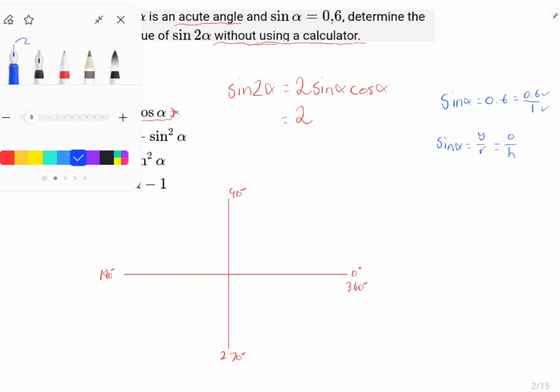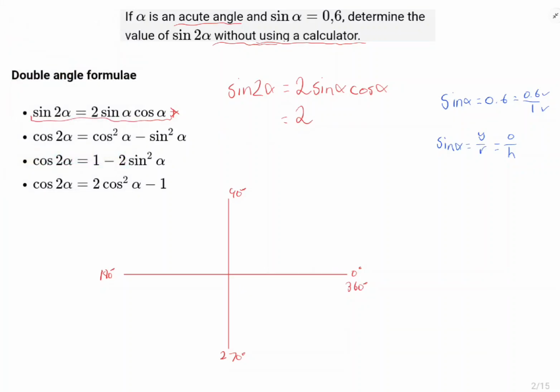So if we're going to draw this, we know that the hypotenuse, the radius, stems from the center. You just draw it anywhere there. So they say this is an acute angle. We know that an acute angle is less than 90 degrees, so it must be between 0 and 90 degrees. An acute angle is an angle that is less than 90 degrees. So we must be working in this quadrant. So yes, this line you could have drawn it there or there. It doesn't matter as long as it's